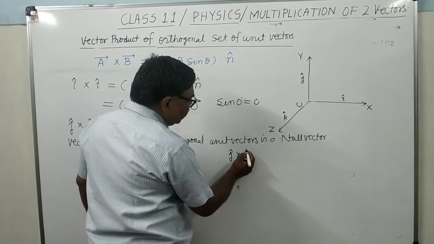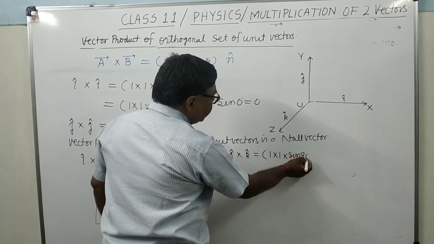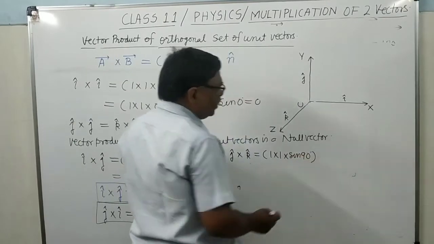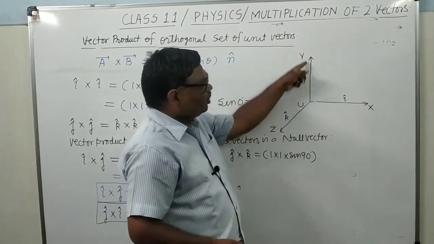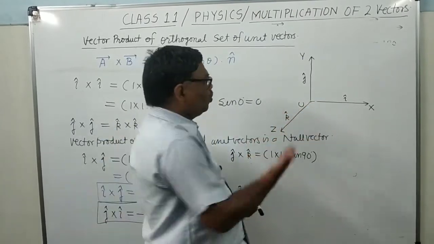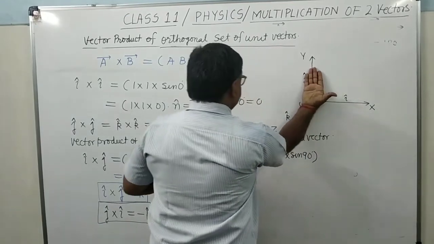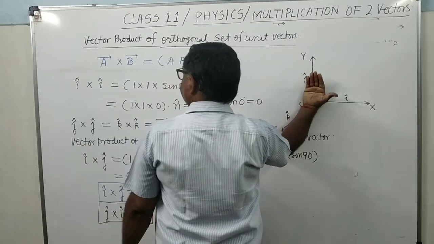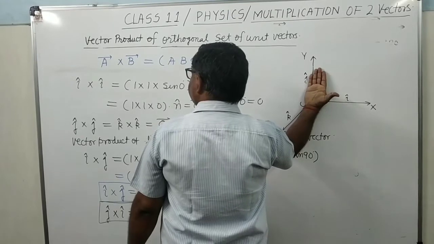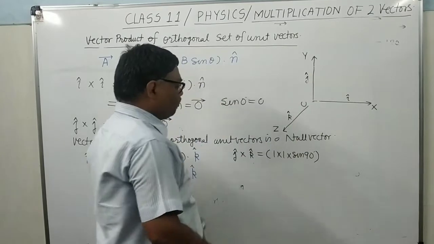Cross vector k. So it will be 1 into sine 90 degree. It is clear? What will be the direction of the unit vector? See here, this is the unit vector j, this is the direction of unit vector k. How will you keep? You will place this way, turning should be in this direction, it should be visible to you. So thumb is pointing in what direction? You can see thumb is pointing in the x-axis. And what is the unit vector along x-axis? It is unit vector i.